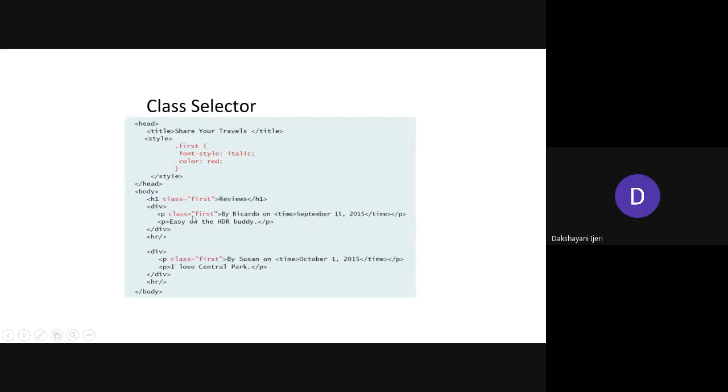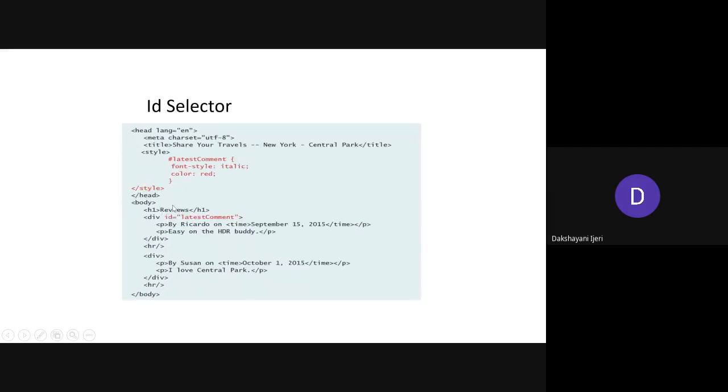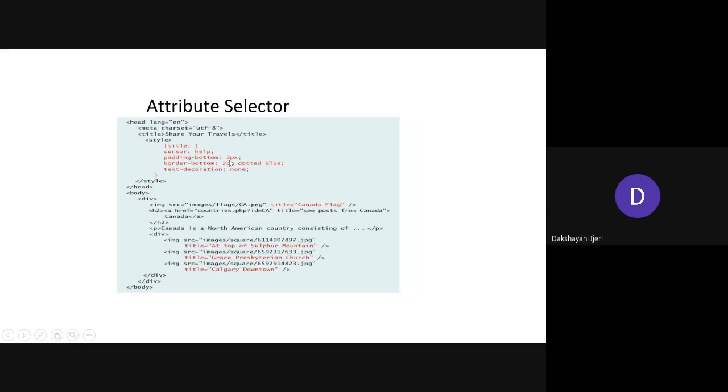As with the earlier selector, the class selector, where you use the class attribute within the element where you want to use it, in this case you use the id attribute where you want to use these styles. So id is equal to the value, being the name that you have given while creating these styles. Okay. First I'll discuss all the syntax, then I'll discuss the examples and the execution. Following that, the attribute selector is there.